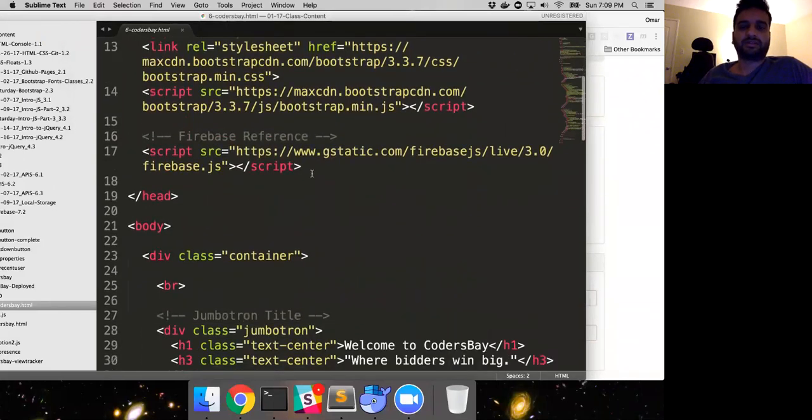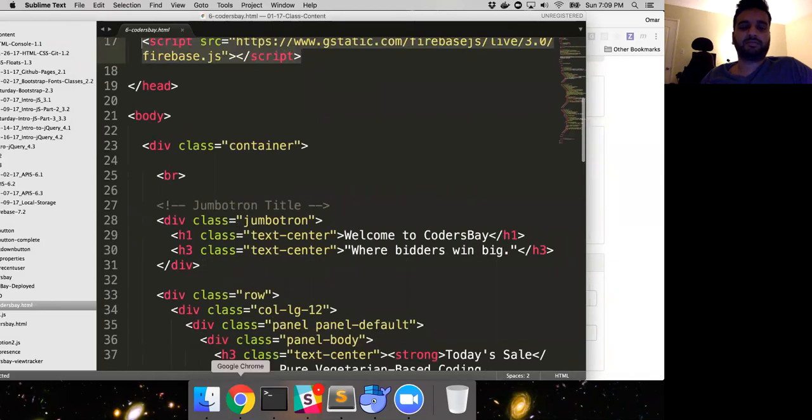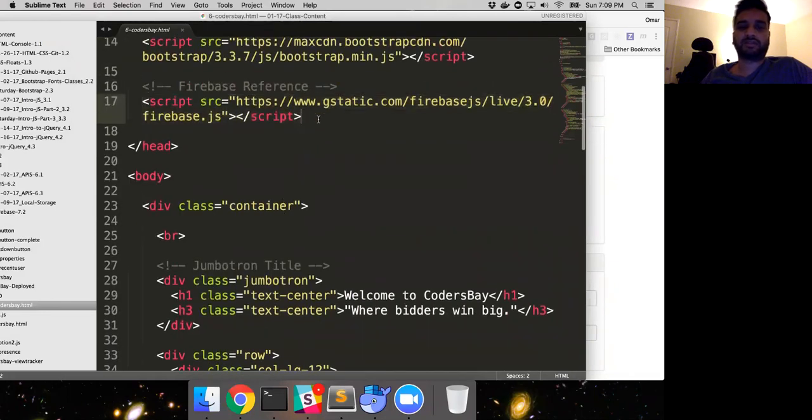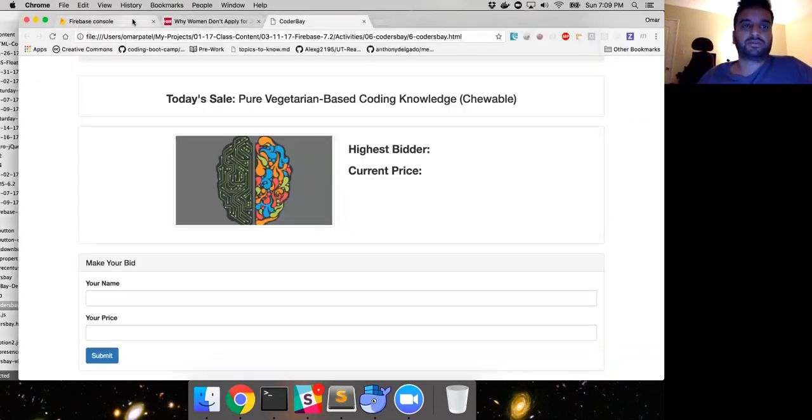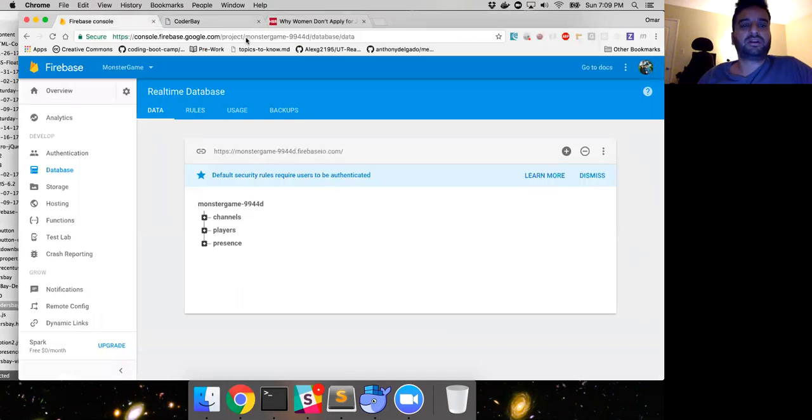So with Firebase, you need to include this reference to Firebase. This is the Firebase JavaScript file. This allows you to incorporate all the different methods and functions that are available within Firebase, including the Firebase object. So if we go back to our Firebase over here,